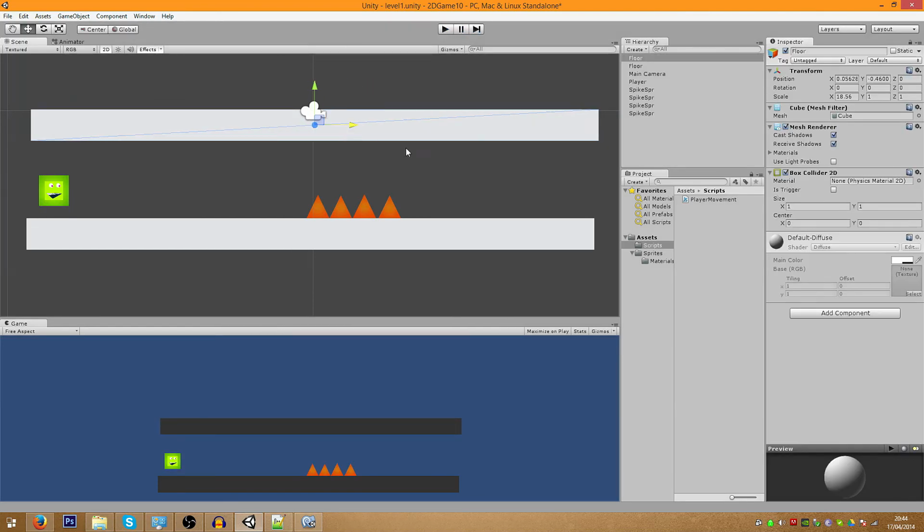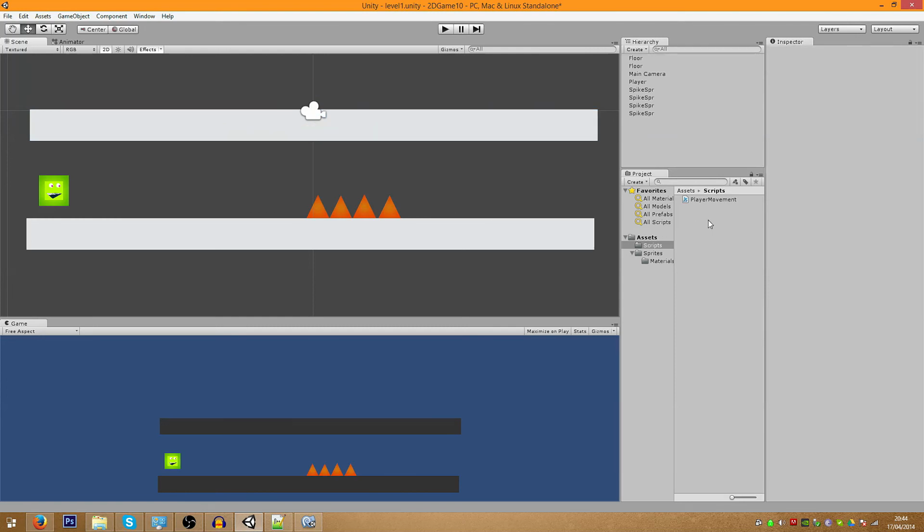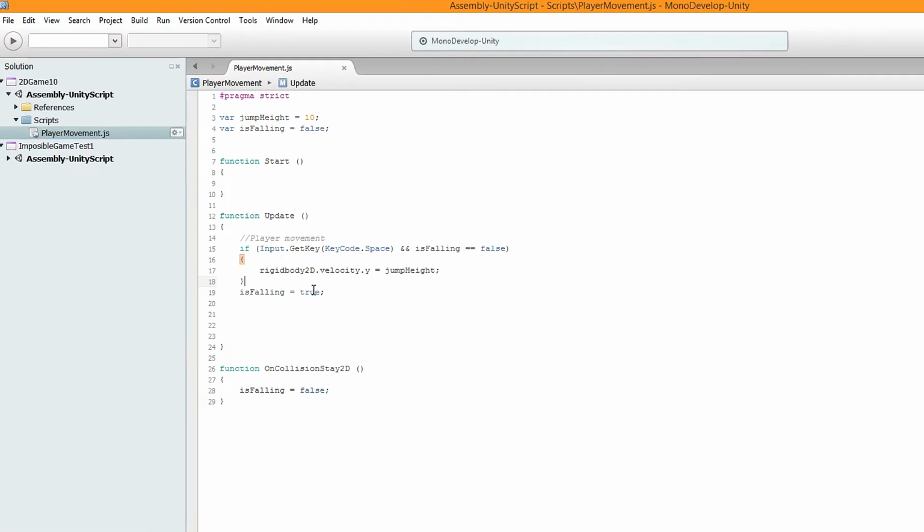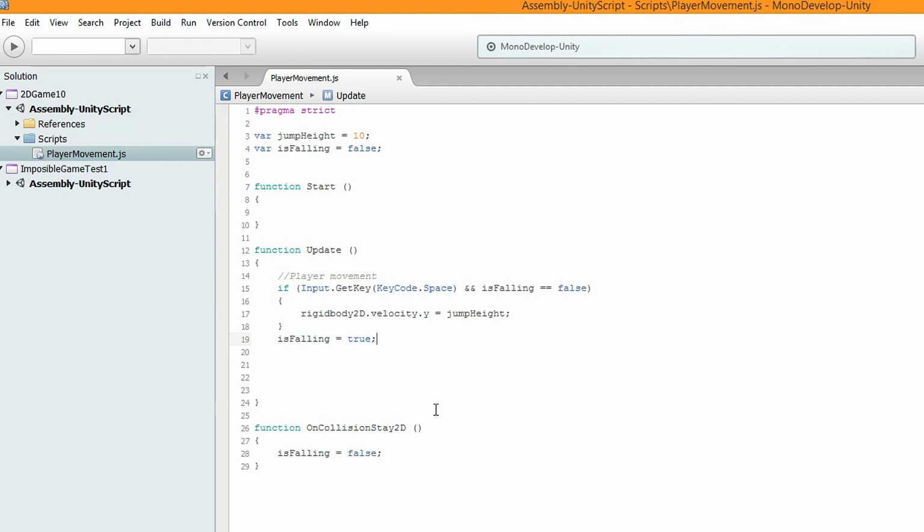is to set our player speed to go right. So back into the script, and within function Update, just underneath isFalling equals true, we could put another comment called player move right.